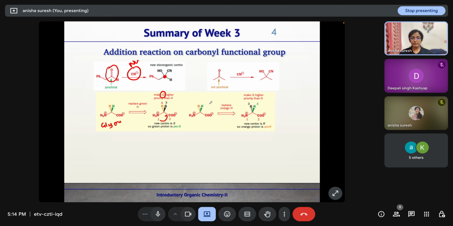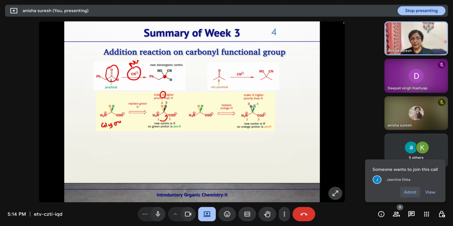Okay, and if we are replacing this orange hydrogen and introducing a new group G, and if we label each atom by priority order, so this is 1, 2, 3, and 4. And since the hydrogen is coming towards us, whatever we get by rotation, it will be opposite to that of